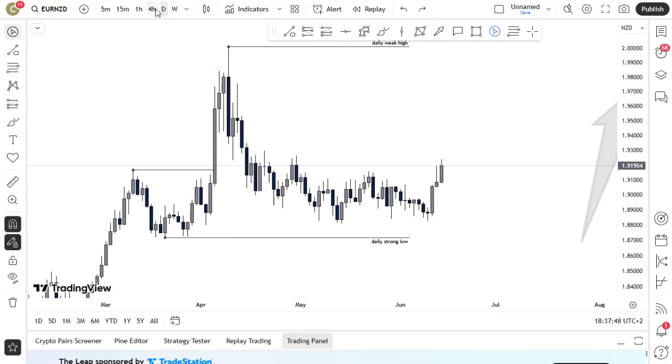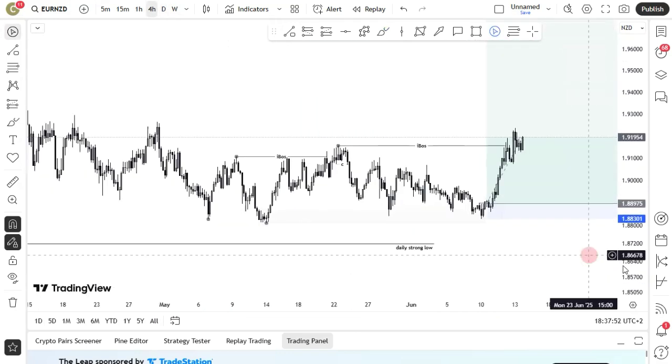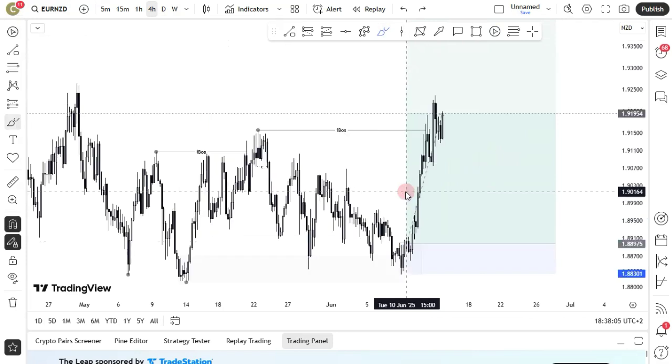So going to the 4-hour time frame, this is what we're currently having. Price still running at 4%. How did I catch this trade? I saw a change of character, right? I saw a change of character on the 4-hour time frame. I didn't even bother going even more lower. This was much more valid for me because price